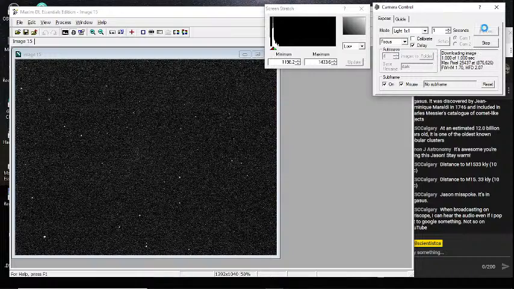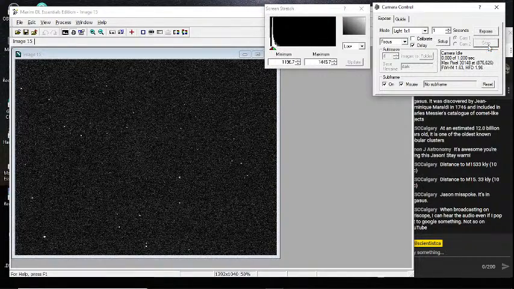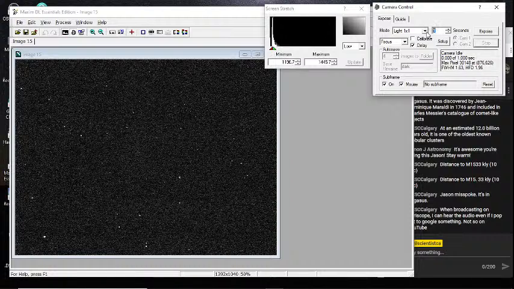Okay, now it doesn't look like there's much there. That's because we only have a 1 second exposure. So I'm going to stop that, and we're going to do a 30-second exposure. And let's make sure that's only on single. Also get lots of 30-second exposures. So that do its business.